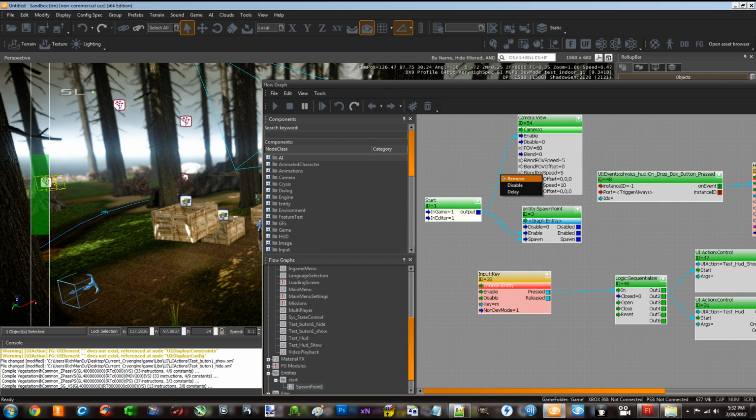And we want to disable. I'm just disabling my other stuff because we're not going to be using that. We're going to be using